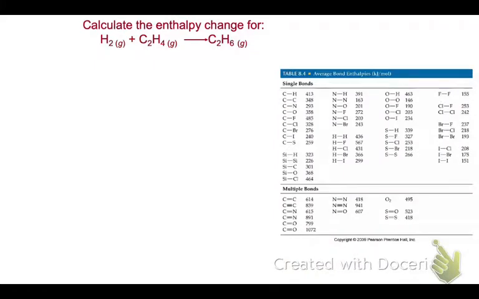Here is another example. Calculate the enthalpy change for hydrogen gas reacting with ethene gas to give me ethane gas. So one more time, a bond energy table is provided. I'm going to have to use it to calculate delta H. The first step is to draw the Lewis structure. If I am following the rules of Lewis structures as explained in the previous lecture, then hydrogen reacting with, this is the Lewis structure of ethene, to give me